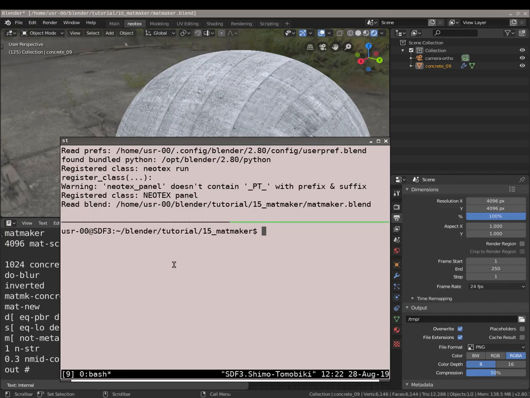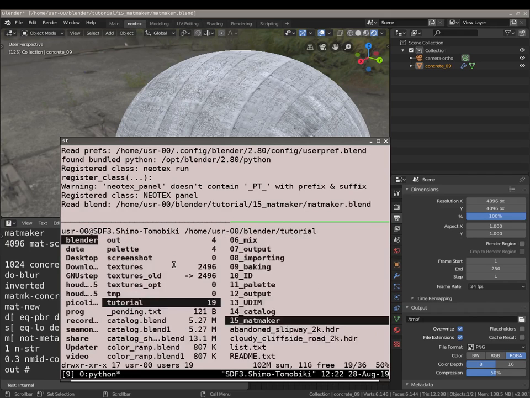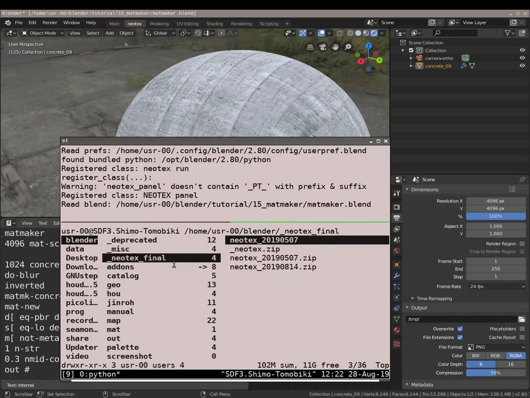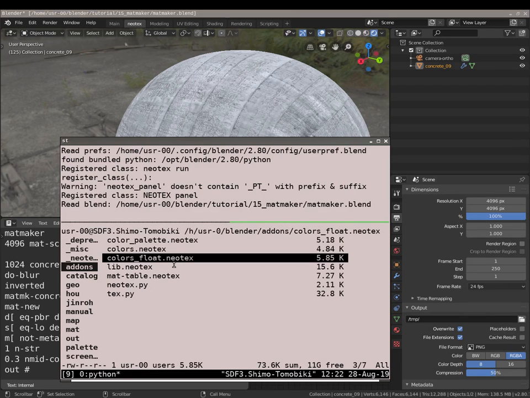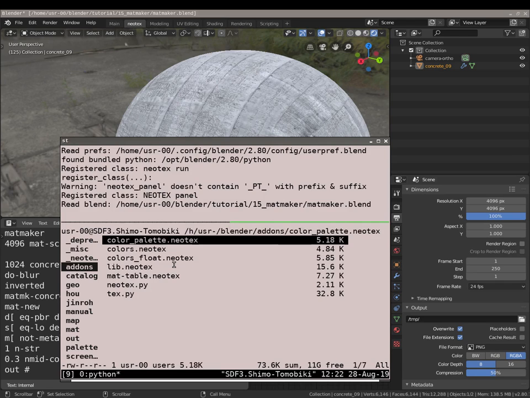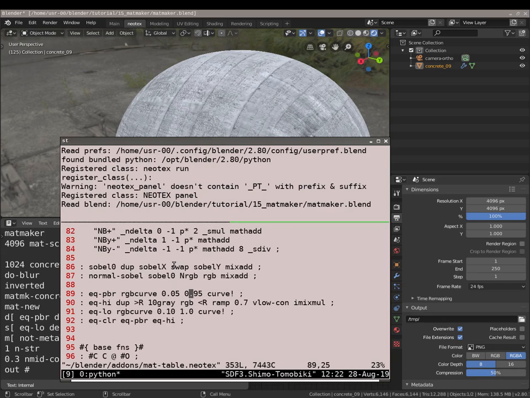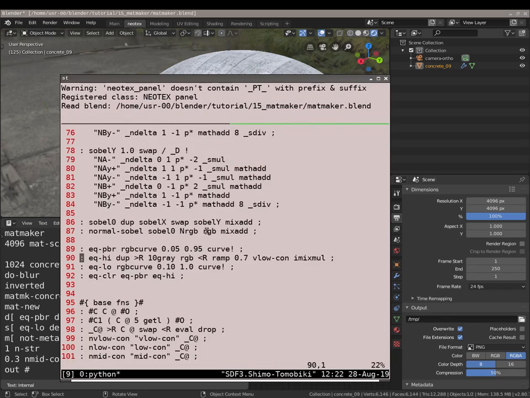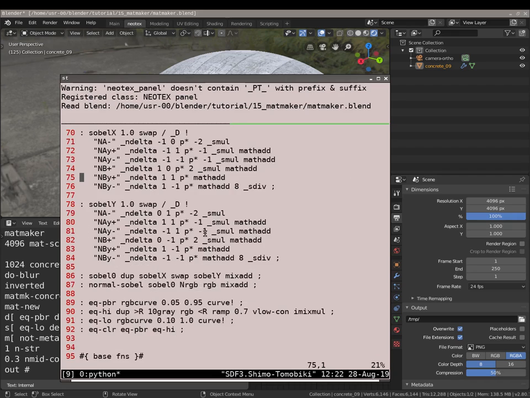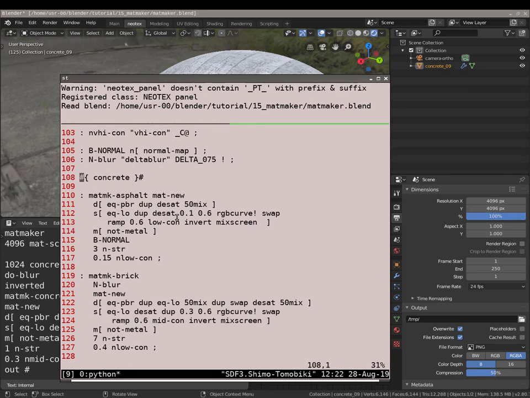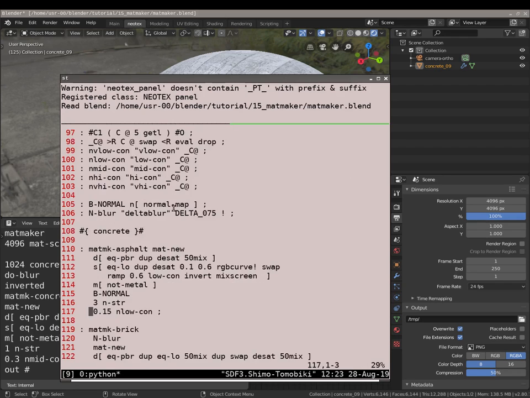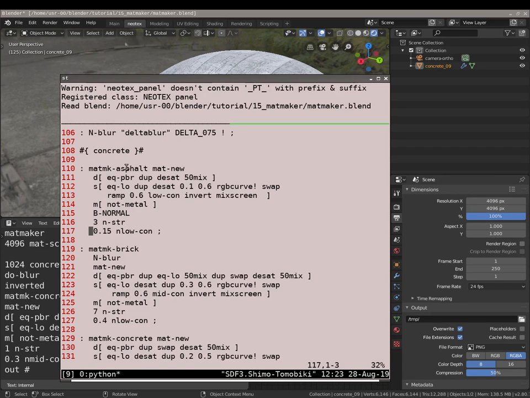So let me just open my file manager and navigate to my distribution here. This add-ons folder will be the one you will have in your add-ons. I just made a link so I could edit it more easily. And the file in question is this one here, mat-table.neotex. So if I open it, and let me just make this window a little bit bigger and move this up, you can see that I've made, well, it's a ton of functions, a ton of words, but the important part lies here. I've made a few presets,